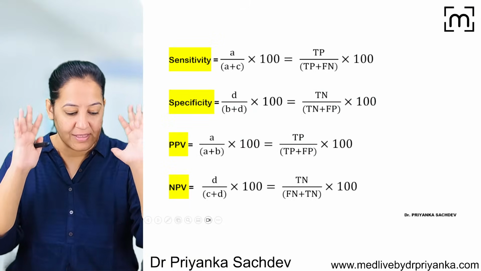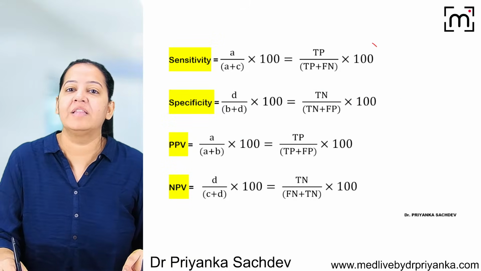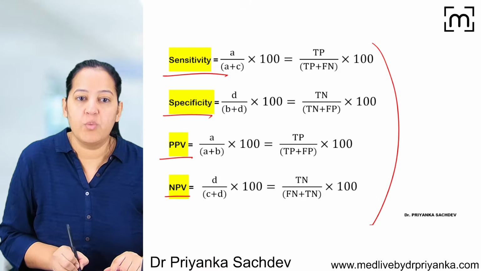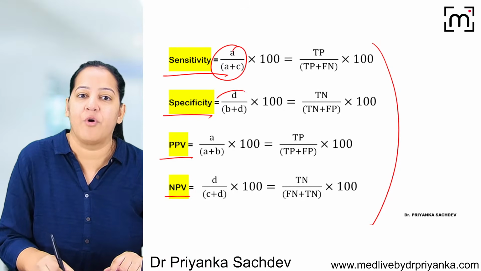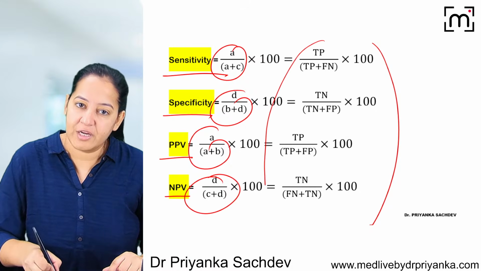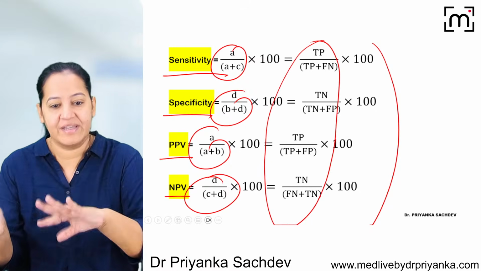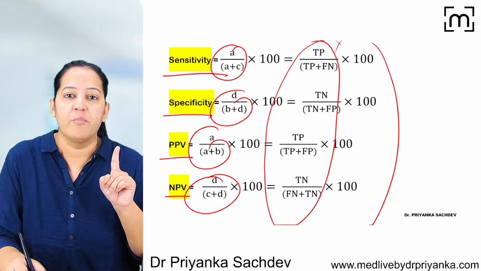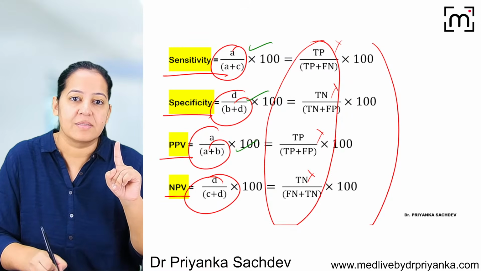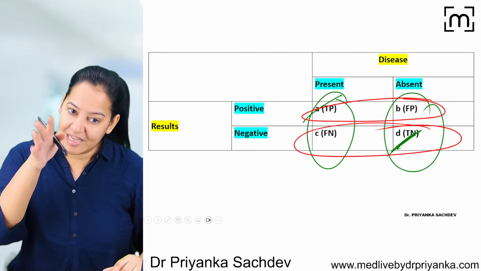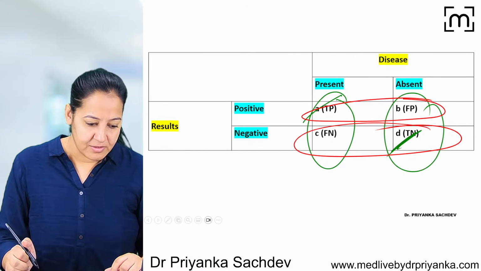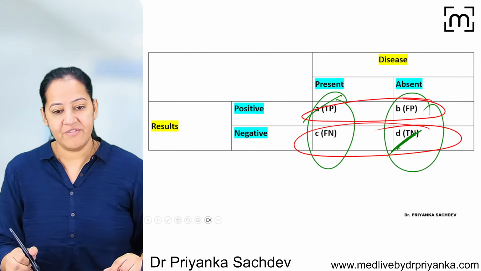So the 4 formulas, the summary, is in front of you. What is sensitivity? What is specificity? What is positive predictive value? What is negative predictive value? Please learn these formulas. In terms of true positive, true negative, false positive, false negative, you can always generate these formulas on the spot. Don't mug up. If you mug up these formulas now, you will forget. Rather, from the table only you can create them. Say yes. Got it, everyone? Hemant, Jyotsna, Hafsa, everyone got it?